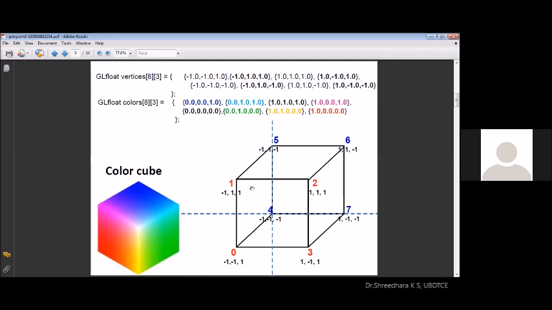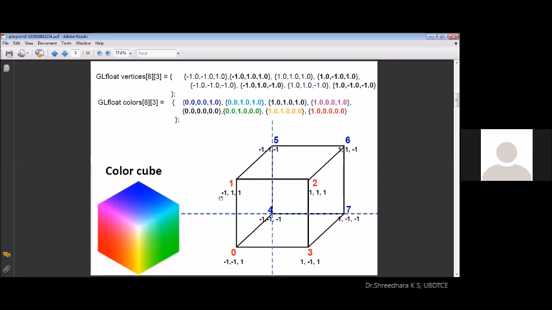I will come back. What is the reason for this? 0, 1, 2, 3, 4, 5, 6, 7. Totally all 8 points you have taken care of. And also this is the data structure through which you have represented all the vertices clearly. And next, interesting, coloring of these vertices. Coloring is also done: 0, 0, 1, 0, 1, 1. All 8 points are colored with the corresponding color mapping, through which we can observe the corresponding vertices are made with corresponding colors.